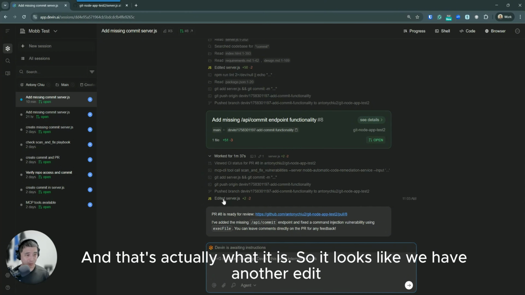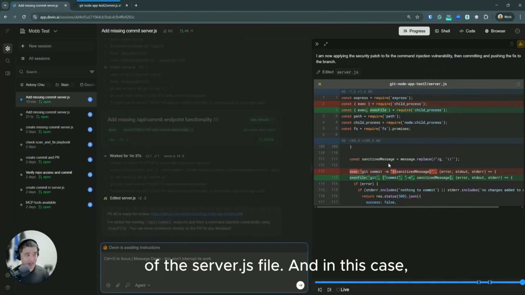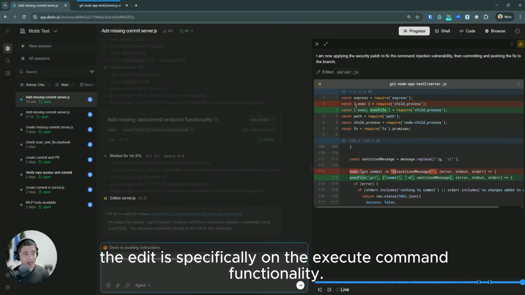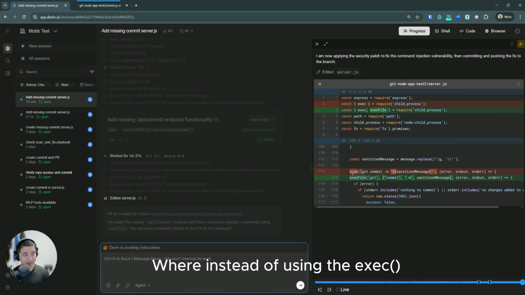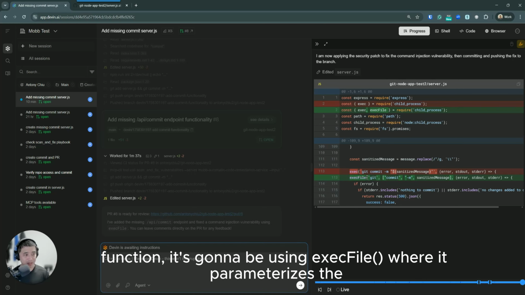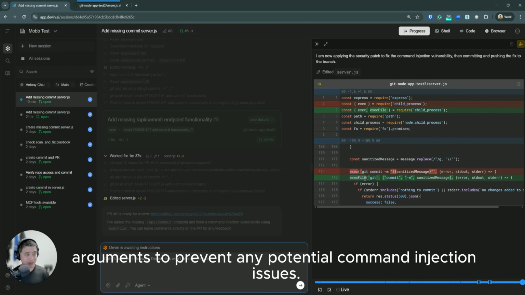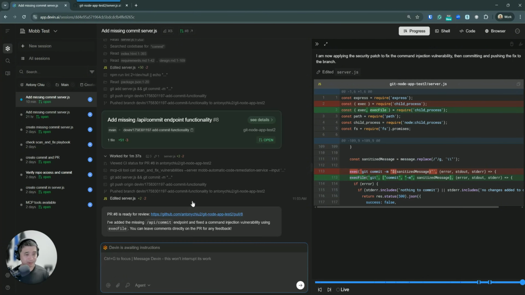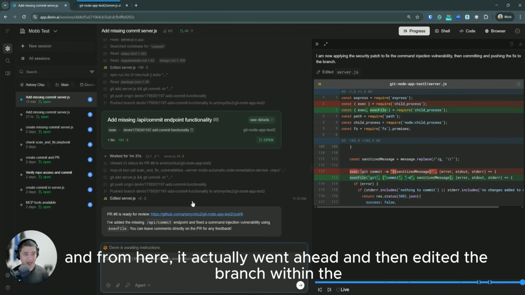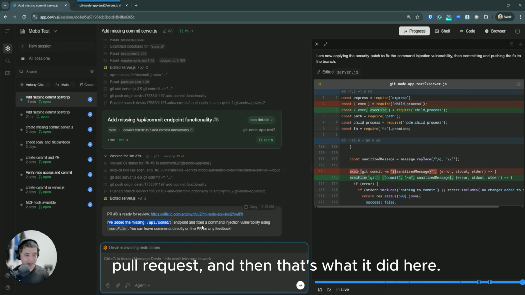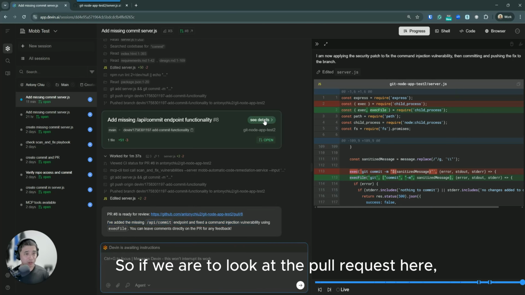So it looks like we have another edit of the server.js file. In this case, the edit is specifically on the execute command functionality, where instead of using the exec function, it's going to be using the exec file, where it parameterizes the arguments to prevent any potential command injection issues. And from here, it actually went ahead and then edited the branch within the pull request, and then that's what it did here. So if we were to look at the pull request here,